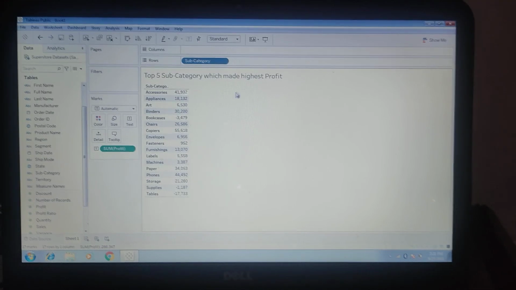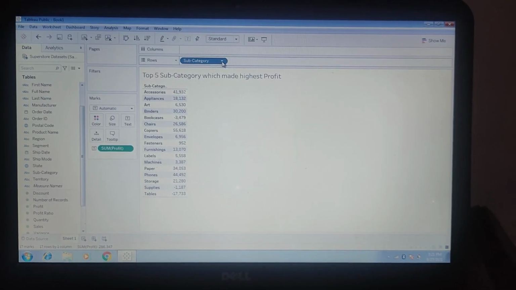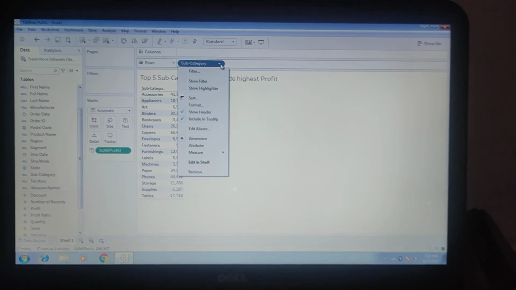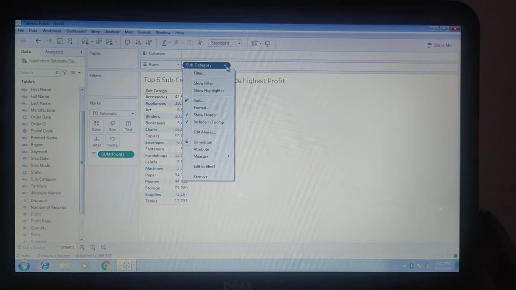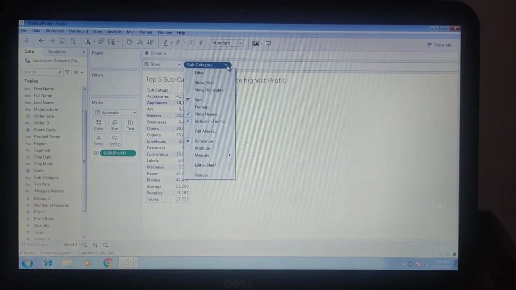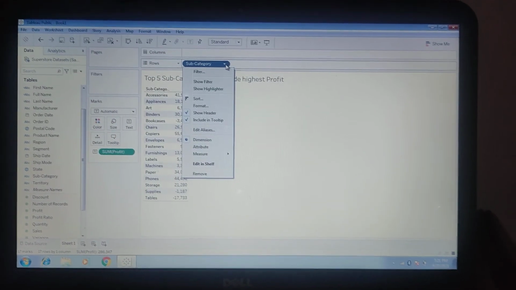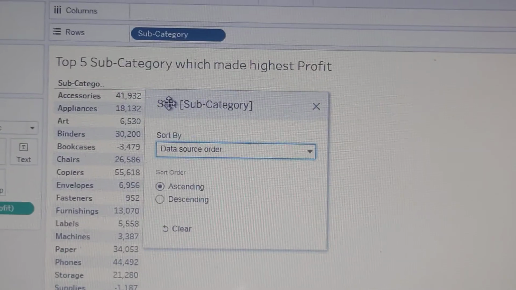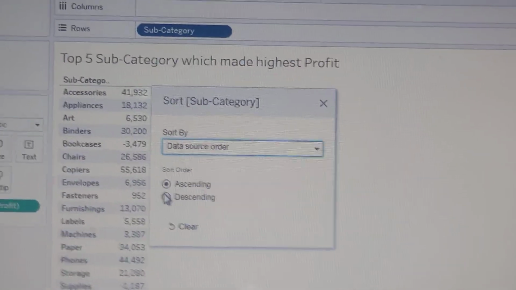For this you need to go to the subcategory drop-down button, and first you have to sort your data. Click on the sort button, and then descending, because we need the top 5.